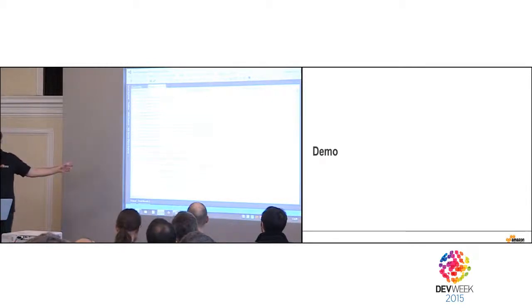Can everyone see on the screen, or do I need to zoom in? It's good? Okay. So it just created an Amazon S3 client. S3 is one of the first services that has been released by AWS. It's storage in the cloud. So here, I'm just going to create an Amazon S3 client and leave the default values. Creating this client just gives me access to Amazon S3.